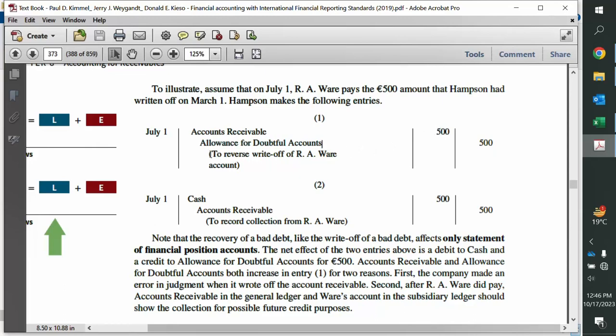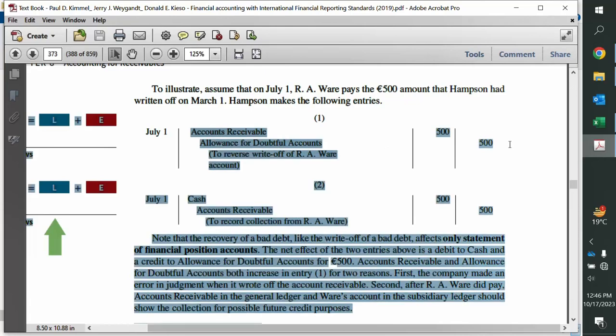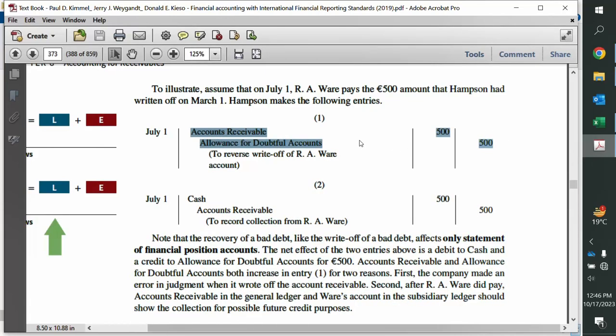So in that case, we will make this entry only by the amount which we know he will pay. So there are 2 or 3 situations. He comes to us and says, okay, I'm going to pay you the full amount, so we will record this entry. He comes to us and says that I will pay you 200 now and then I will pay you 300 sometime in future. Still we make this entry with the full amount, right? Because we know that now he is going to pay.